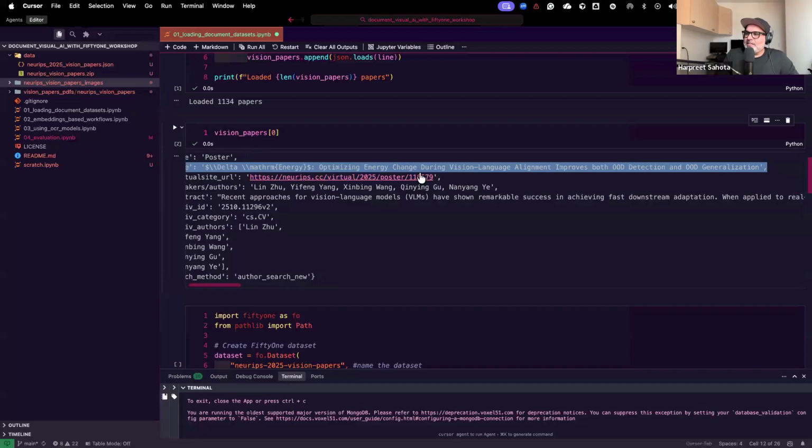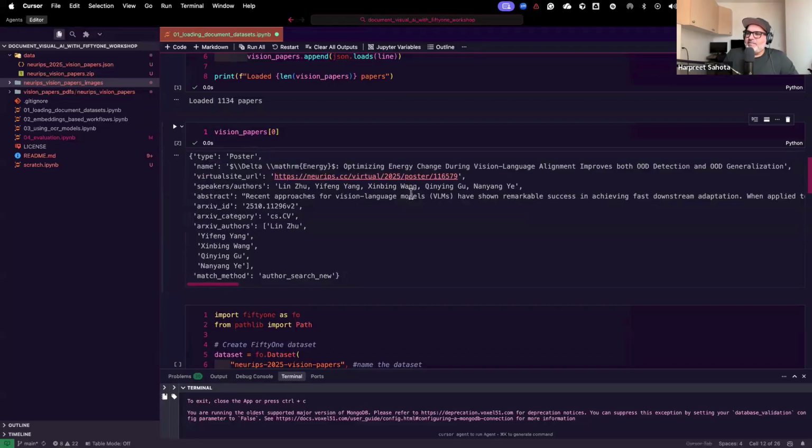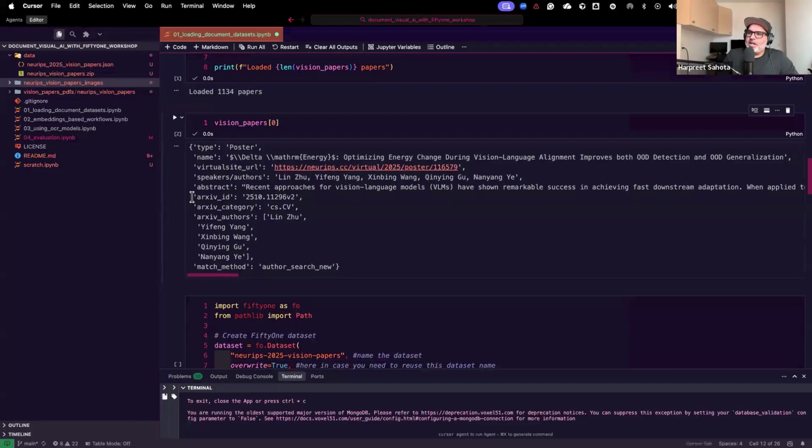We got the title. We got a link to the NeurIPS poster as well. We have the speakers and authors, we have the abstract that we pulled from NeurIPS, we have the arXiv ID, and this arXiv ID is actually,